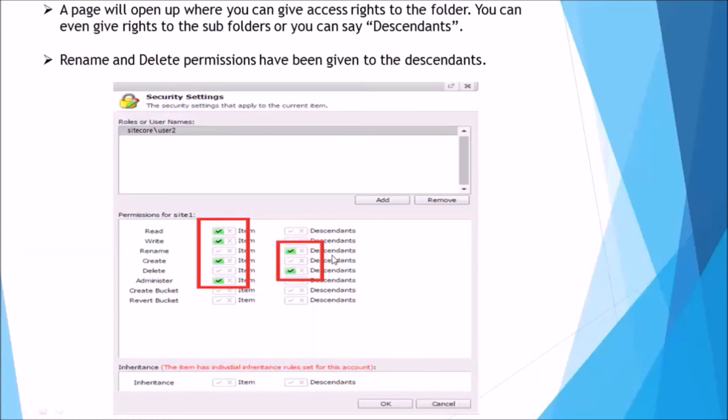It means that there might be some subfolders inside the site 1 folder. Site 1 is the main folder, so there can be a few subfolders, or you can say descendants. To those subfolders or descendants, we have given rename and delete access rights. Then you can click on the OK option. So this is how we set up user level permissions.